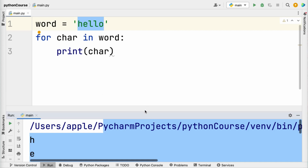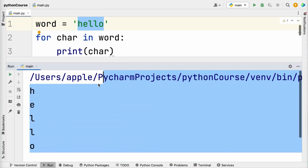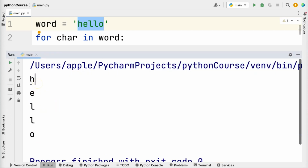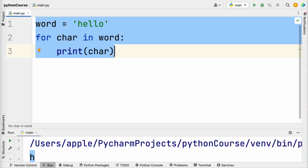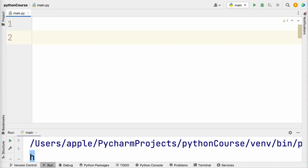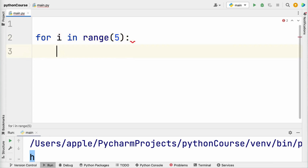Okay, so we can see here it's printed every letter in this string one by one. Let's use the range function in a for loop. Let's add a for loop, and we can use the range function and print